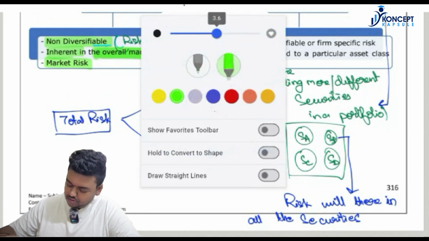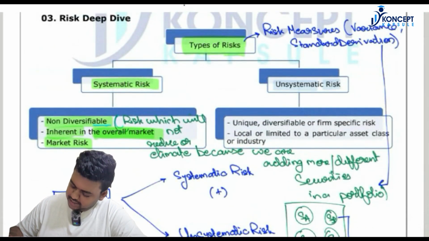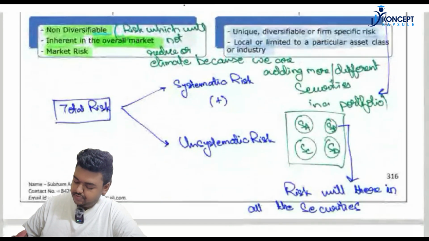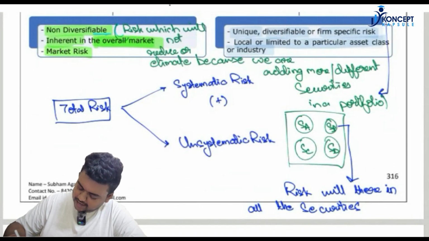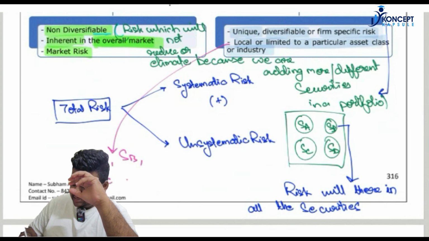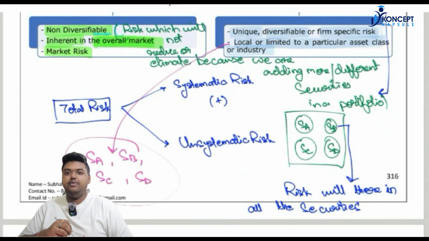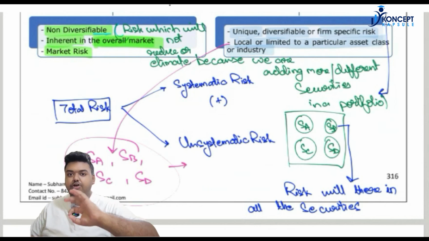Okay. Now let us go to unsystematic risk. What is unsystematic risk? It is unique, diversifiable or firm-specific risk, local or limited to a particular asset class or industry. So what does it mean? It means that these kinds of risks are different for security A, different for security B, different for security C, different for security D. And when you put them in the portfolio, you are actually able to diversify your portfolio,